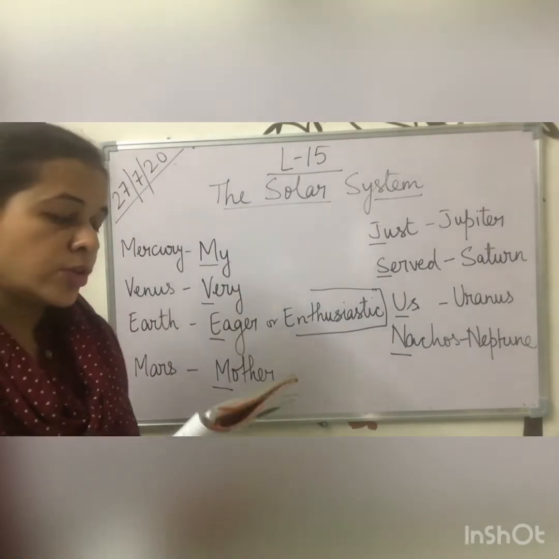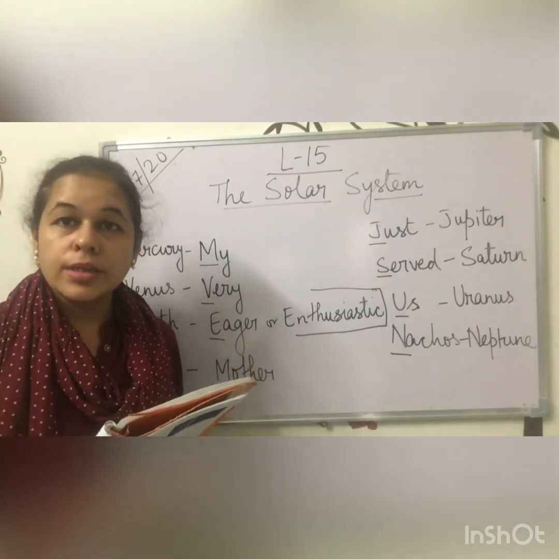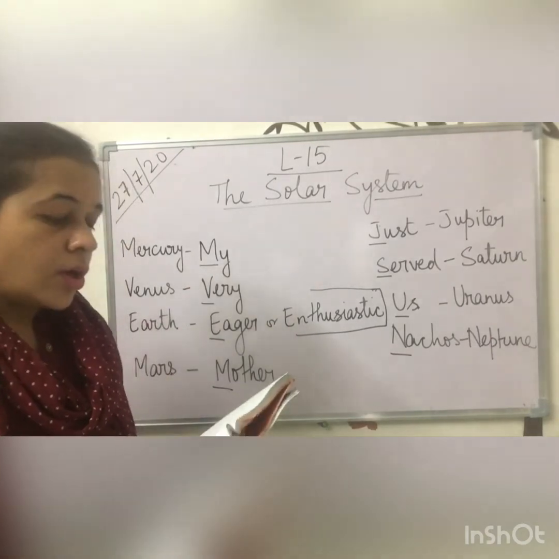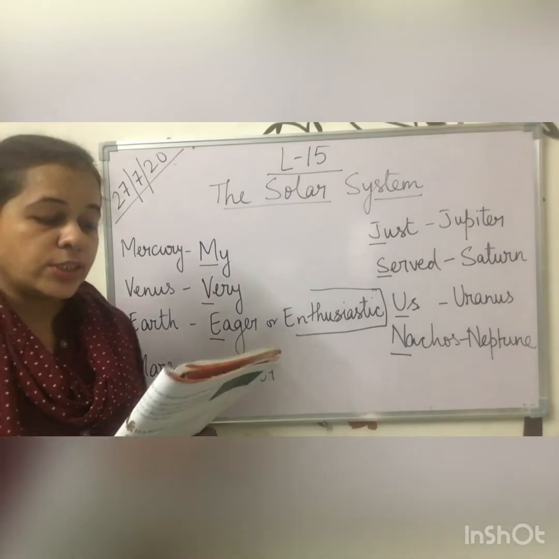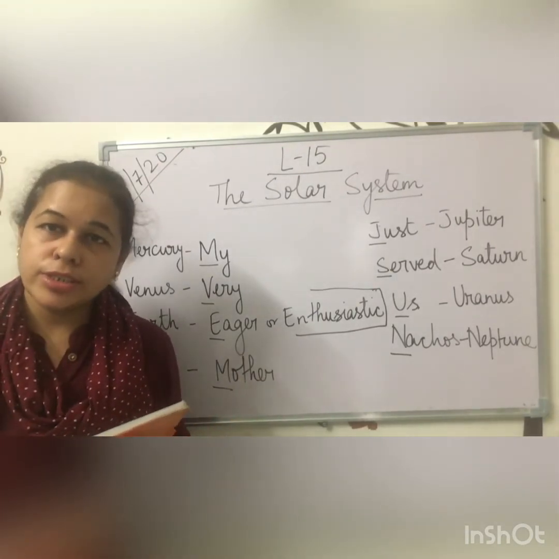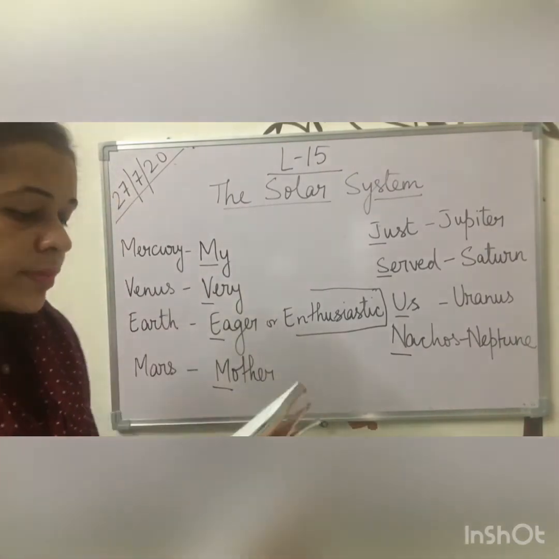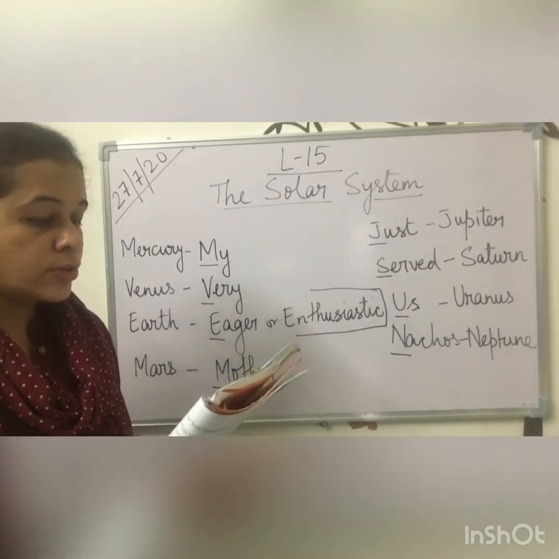Satellites may be natural or artificial. Now, natural means it is there on its own. Artificial means it is man-made. All planets in the solar system except Mercury and Venus have natural satellites. I informed you before also. The Earth's moon is a natural satellite. This also I have informed you.